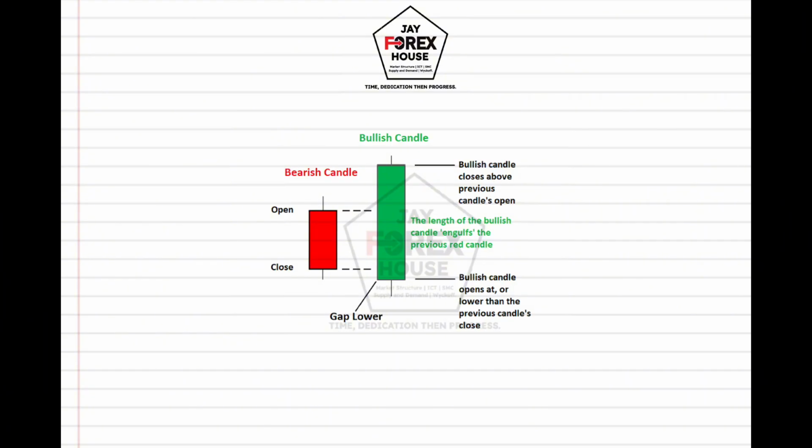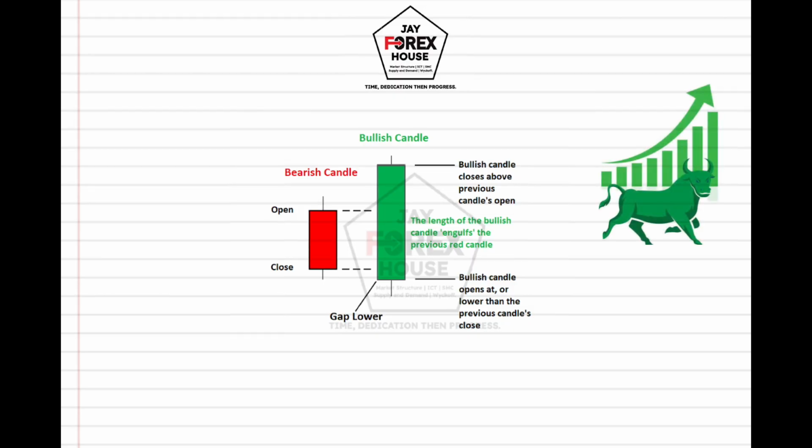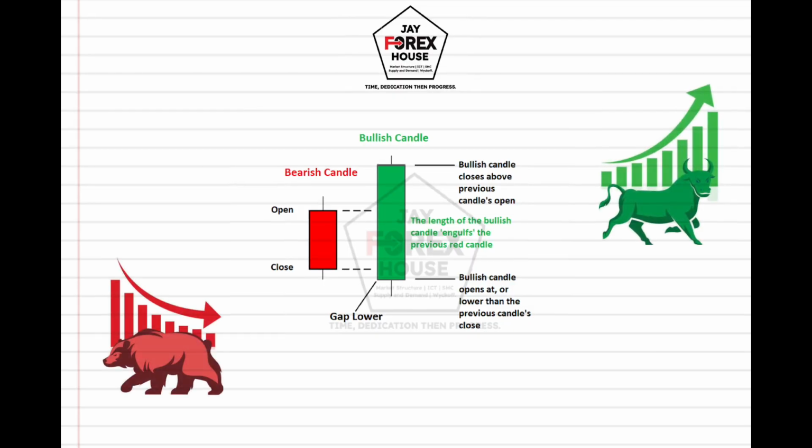We have the colors of the candle telling a different story, like when you hear Forex traders mentioning bulls and bears. Bull doesn't mean there's a bull physically in the market, or there's movement between bulls and bears. No. Bull symbolizes the positive movement of the market, which is the candle going higher. Bears symbolizes the negative movement of the market, which is the candles going lower.